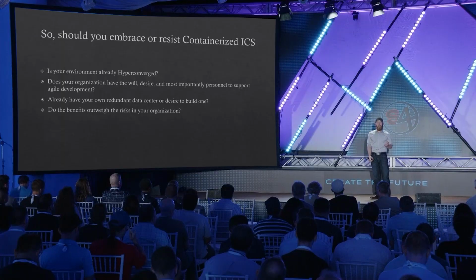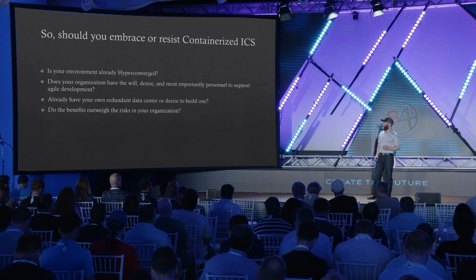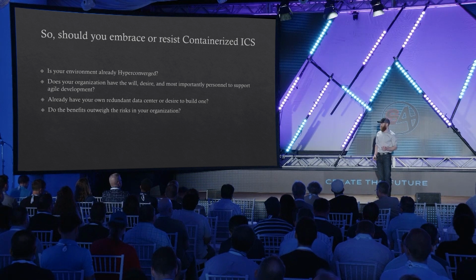It's not some super crazy out there technology that no one's familiar with. There's lots of information available, even just free online. But it's important to have the people who are willing to support it and have the skills and knowledge to do so. The other thing is, do you already have your own redundant data center or a desire to build